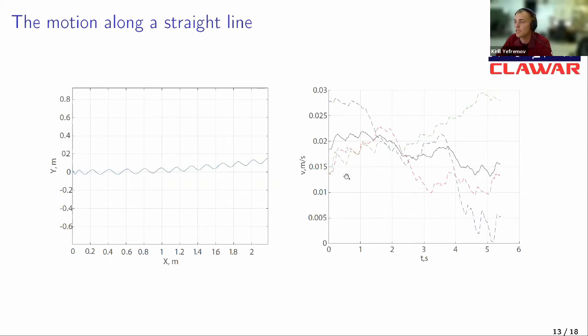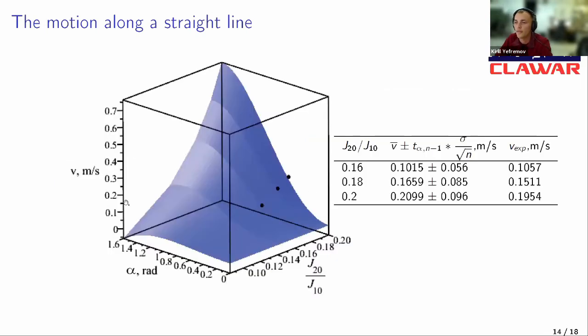This is a moment of forward direction. This is average speed and interval of confidence. This is a graphic of the relation between the speed of the roller racer, the ratio of moment of inertia of the first and second platform, and the amplitude of oscillation. As you can see, moment of inertia